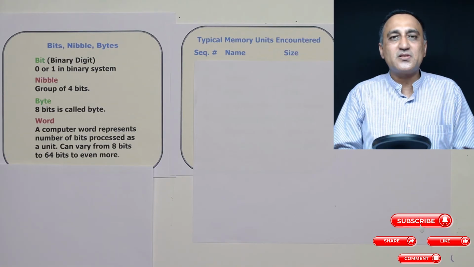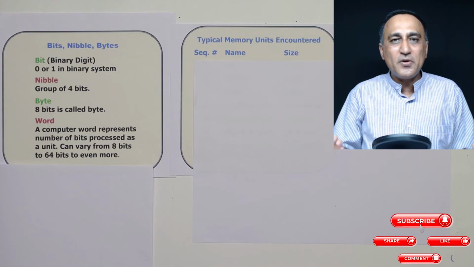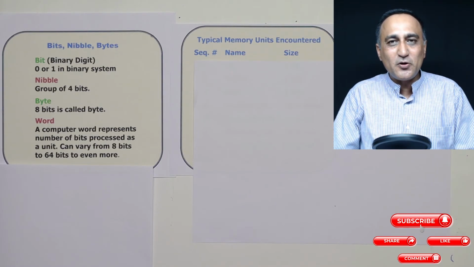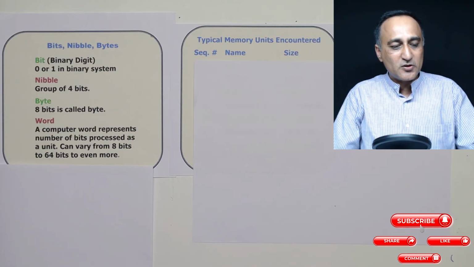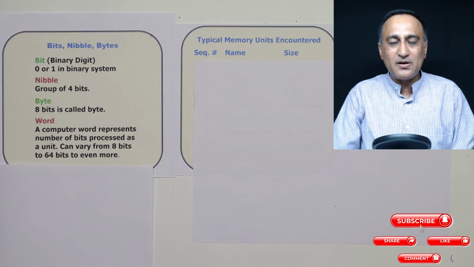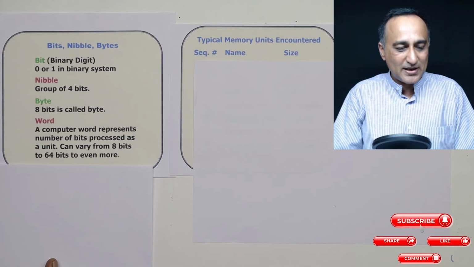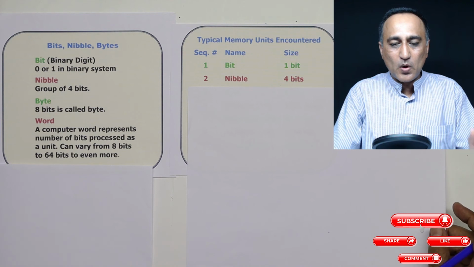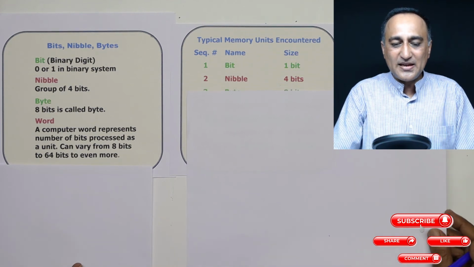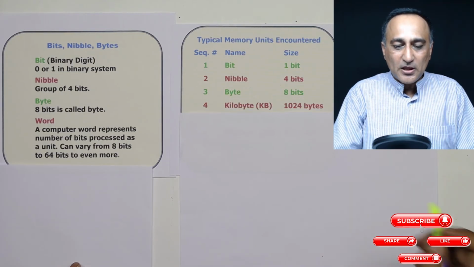Now you may ask me, what is this 32 and 64? All it tells you is, at a given time, how many binary bits it can process. So a 64-bit CPU is obviously going to be faster than an 8-bit, 16-bit, or 32-bit CPU. So that size, or the capability of a CPU to process that number of bits at one instance, is known as a word of a computer. So I've already told you, 1 bit is just called a bit, 4 bits is a nibble, 8 bits is a byte. Now, if you have